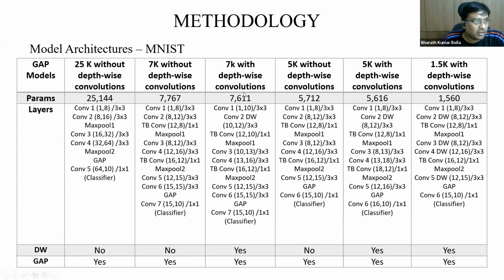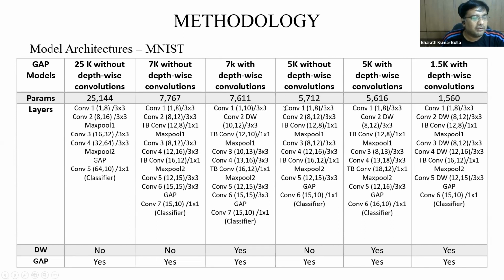The difference between non-depth-wise and depth-wise is that since we are maintaining the same number of parameters, you can go deeper. If you use depth-wise convolution, you can have more layers within the specified parameters. As you all know, the deeper you go, the better the model is, up to a point. Here we are not talking about 100 or 150 layers, where you need skip connections like ResNet. We are talking about 6 or 8 or 10 layers at most.